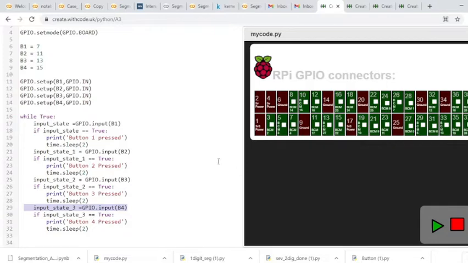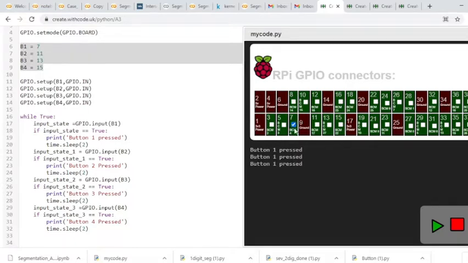Here you can see we are reading all these four pins continuously in a while true loop, and currently the program is in running mode, right? And we have these four pins. So first let's make pin number 7 high, and here you can see button 1 press. Now release it, again click on pin number 11, another port, release, right? So here you can simply click and then untick, so it will be considered as a release.